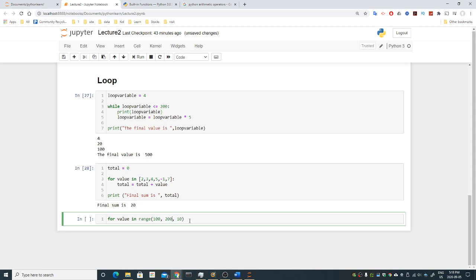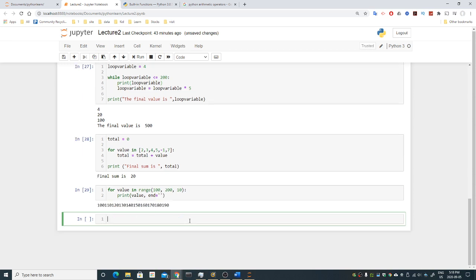Again, I'll put everything in quotes. So basically I want 100, 110, 120, until 200, and then I just print it out, right? I'll print out value, and then I want it with some space. So I'll do like this. If I press enter,